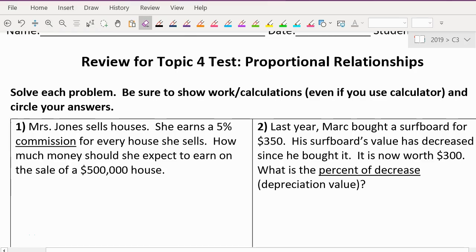We are reviewing for our test on proportional relationships. It's really a lot of percent stuff. So we know how to find percent. We write it in our calculator like we write